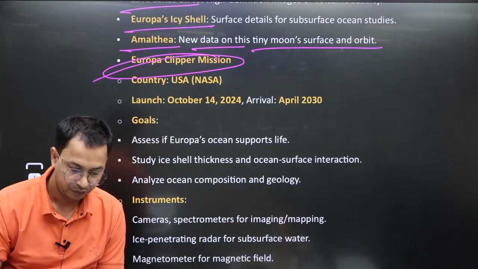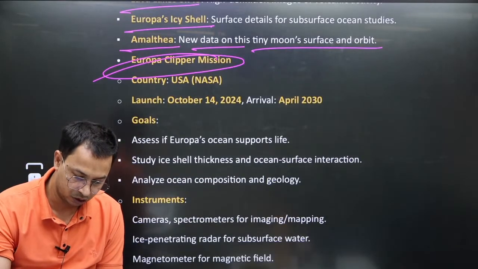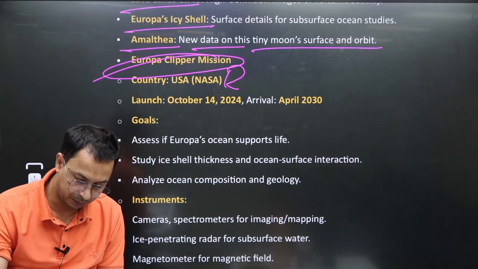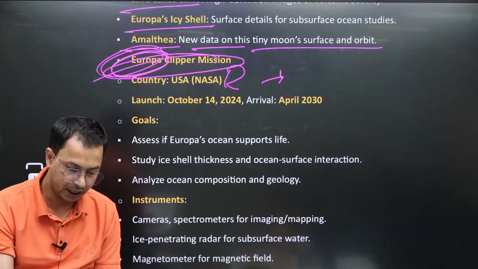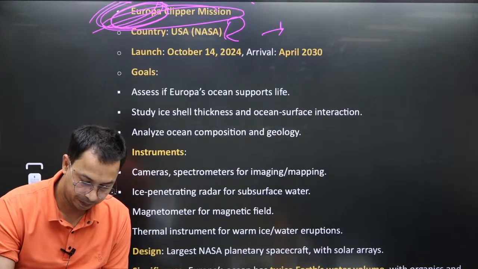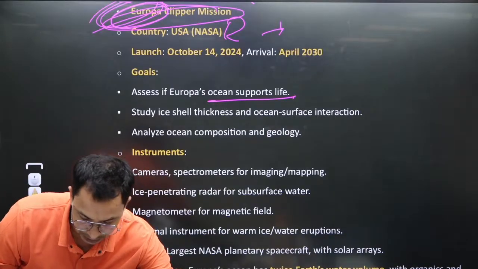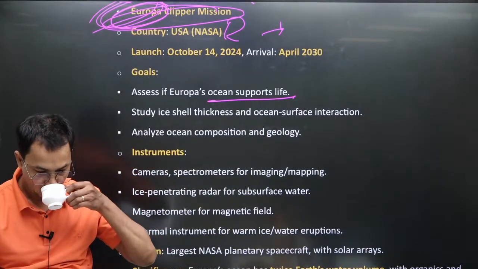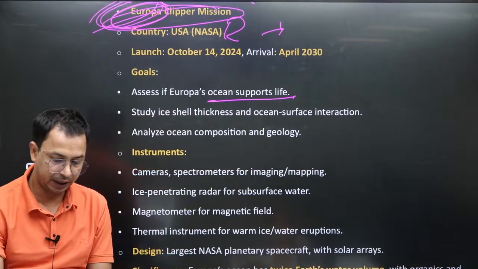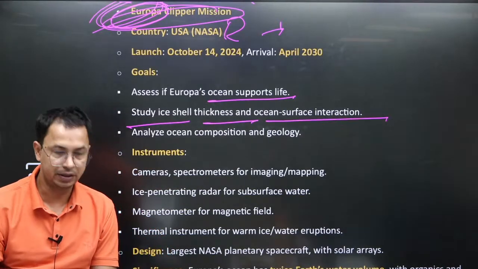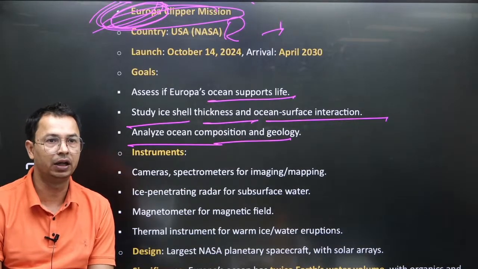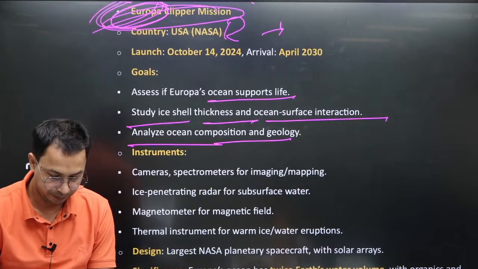Then we have Europa Clipper. Europa Clipper is of NASA. This year they have sent Europa Clipper, and Europa Clipper will study Europa, the icy moon of Jupiter. Here the goal is to search whether Europa can support ocean life. We can study the ice shell thickness and the ocean surface interaction. Then we will analyze the composition of the ocean and the geology. This is the goal,